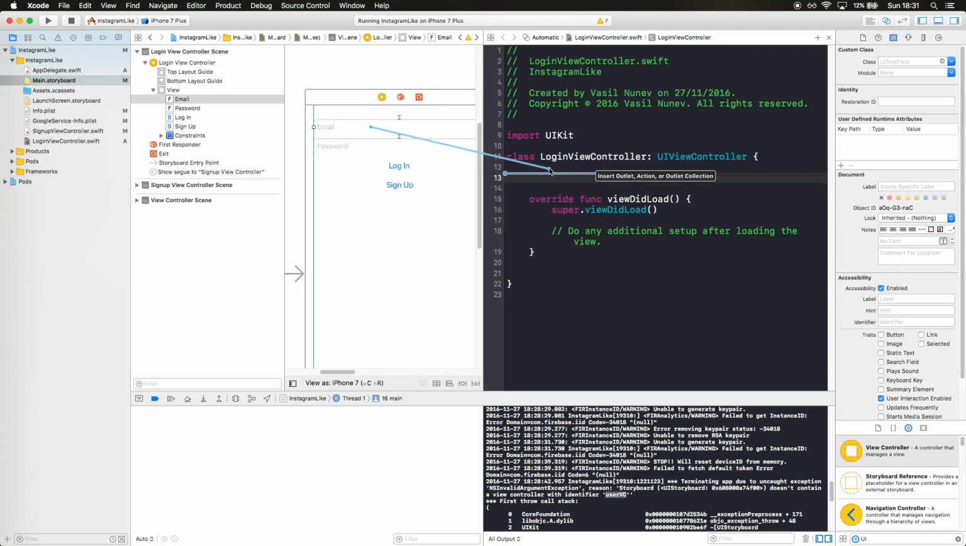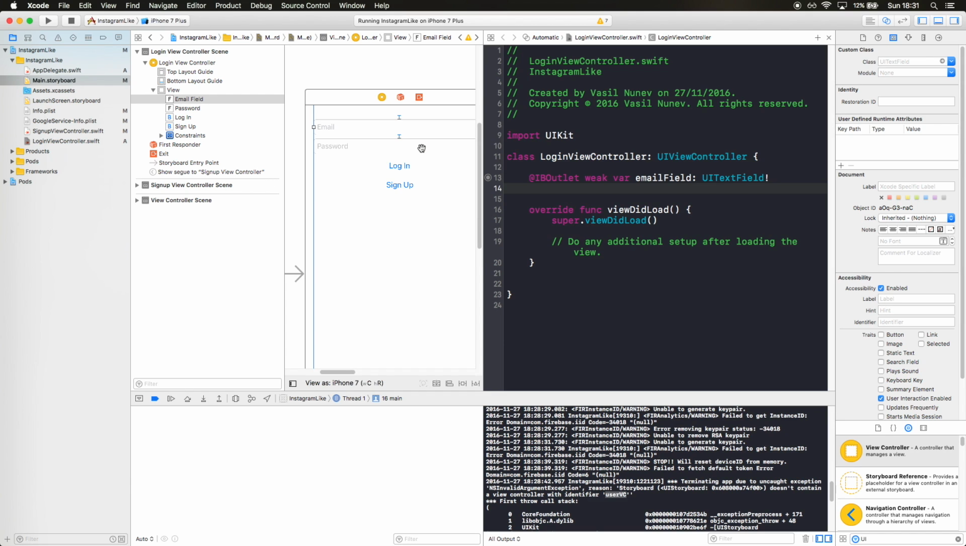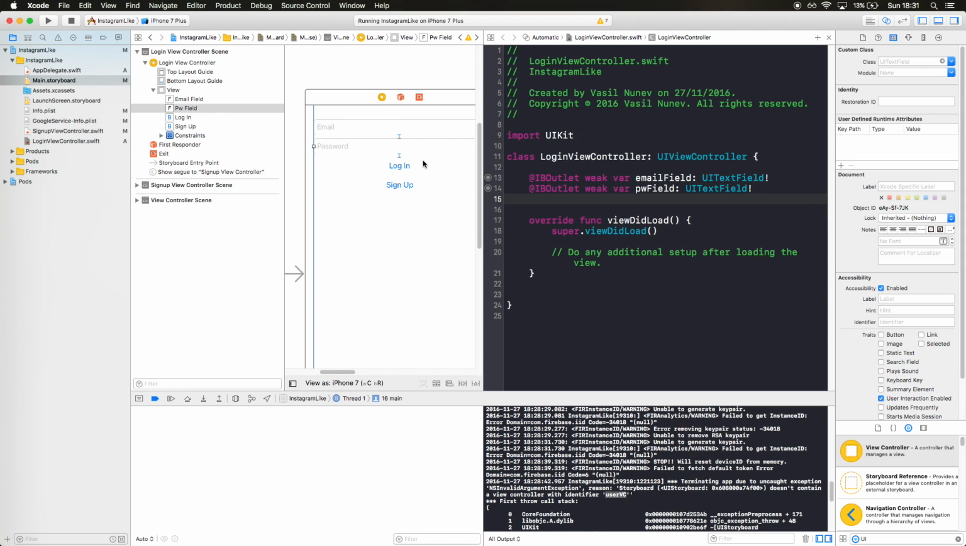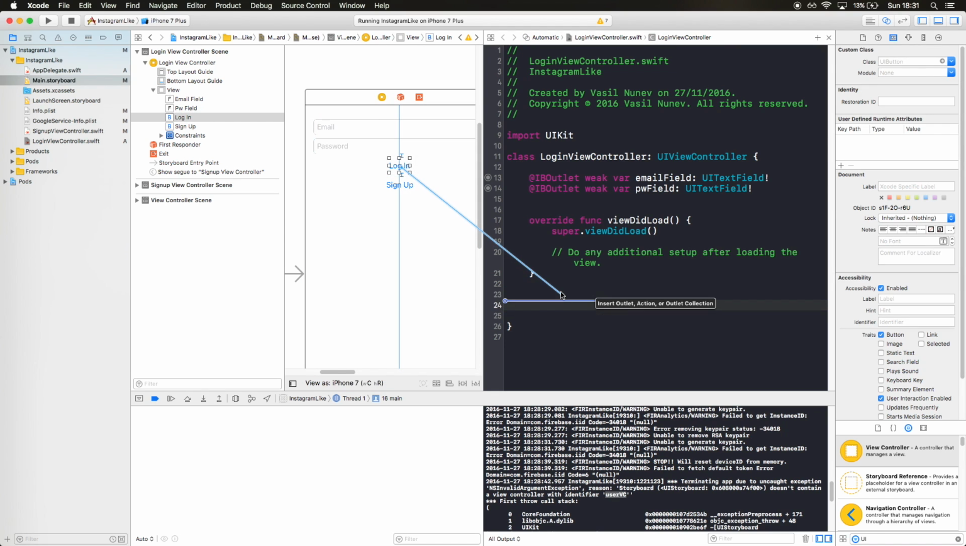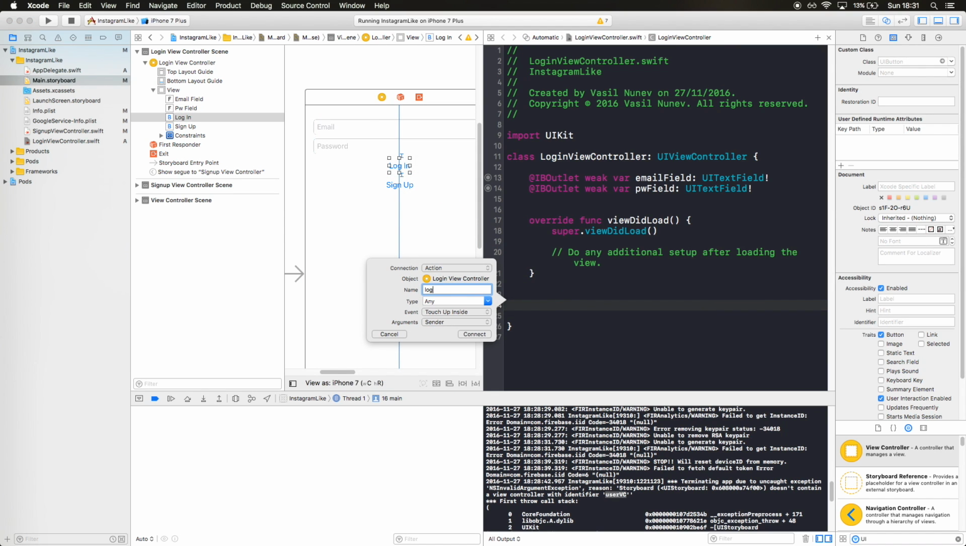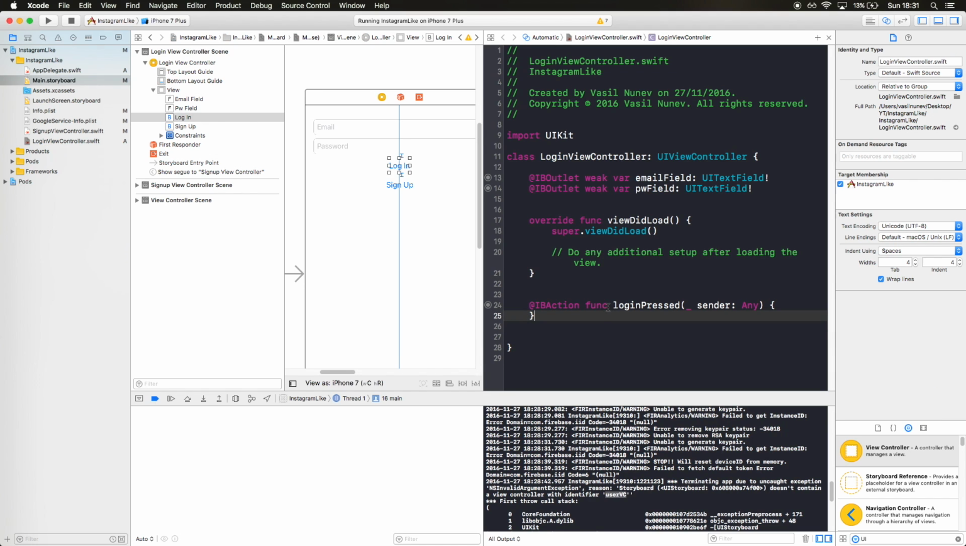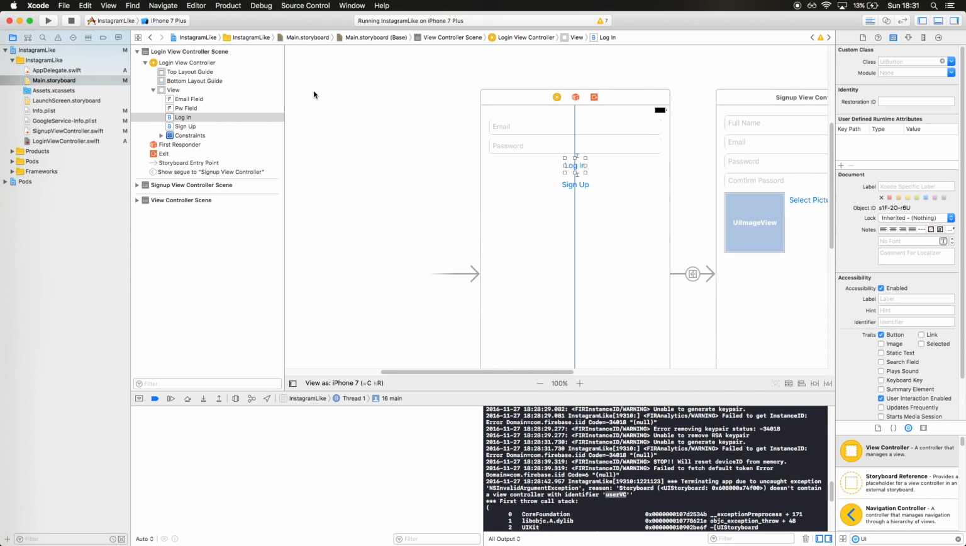So right click and drag my email field, and I'll call it email field. I'm gonna connect this, right click and drag my password field. I'm gonna call it PW field for password field, and I want an action for my login button. So login button is gonna have an action called login pressed. I'm gonna connect this. Now I'm done with my connection, so I can close my assistant editor, and if I